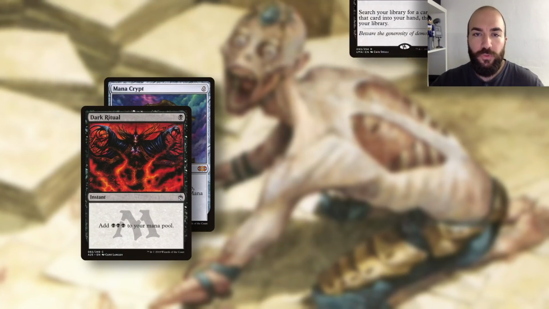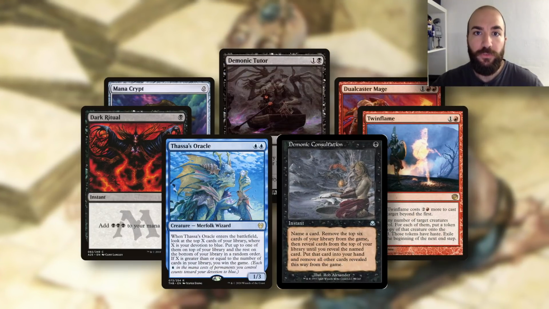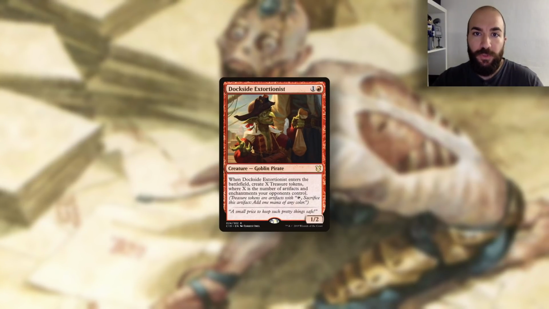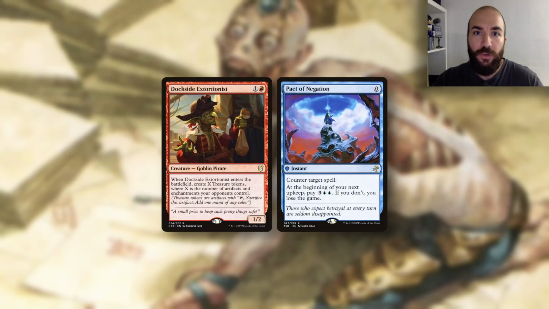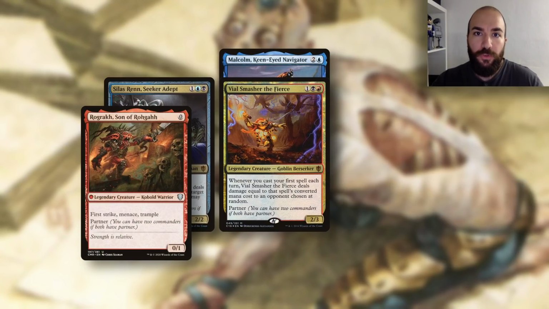Fast mana, tutors and compact combos like Dual Caster Mage or more commonly Thassa's Oracle are what you're looking for with these kinds of decks. For this deck to function well, you obviously need access to black, but you also want red in order to cast rituals like Dockside Extortionist, and most optimally you will also have blue in order to use free and cheap interaction to protect your combo. The most common examples for this kind of deck are Silas plus Ragrag, Malcolm plus Vile Smasher, Corvold or Tymna